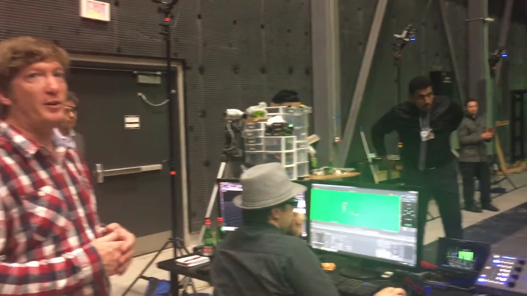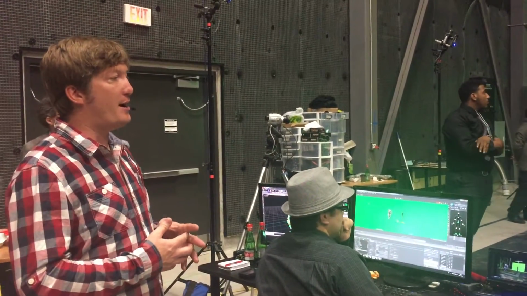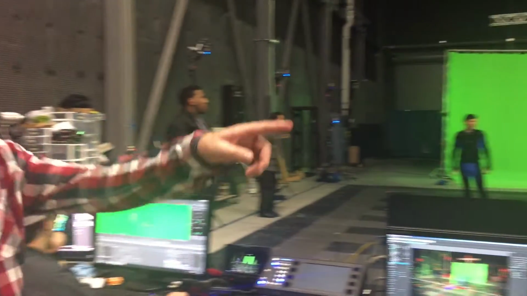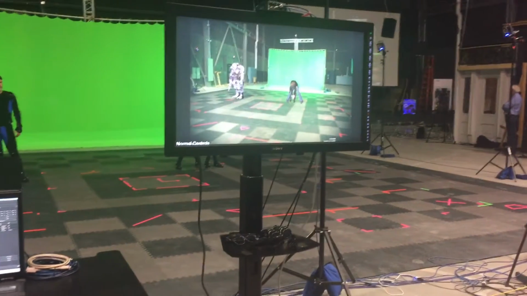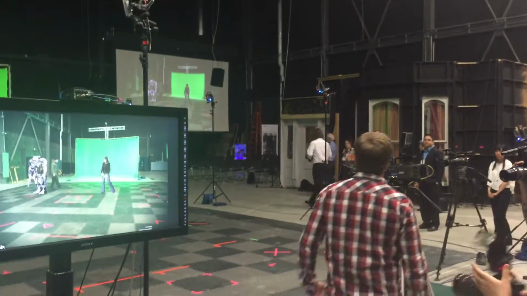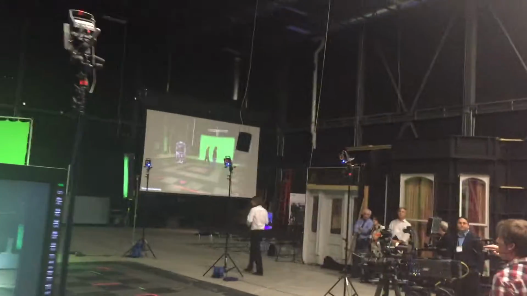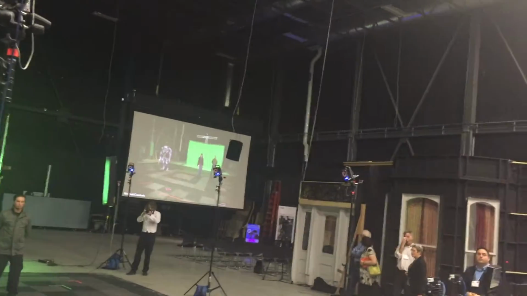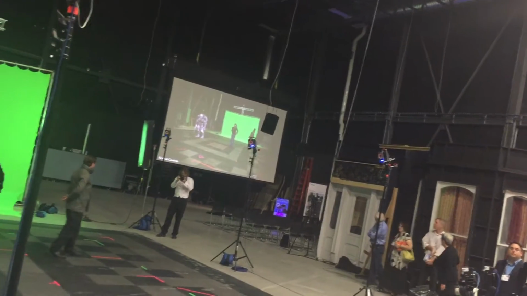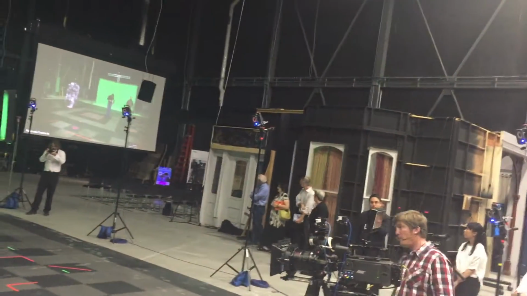To combine the CG worlds with your live action worlds, we need to track the position of the camera, in this case this RE camera over here. You'll notice on this camera that there are no tracking markers on it, and it's actually outside the motion capture volume. So in this scenario, we need to figure out the position and orientation of the camera, and that's done through